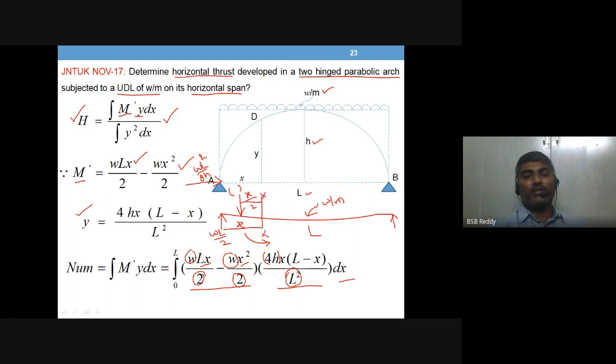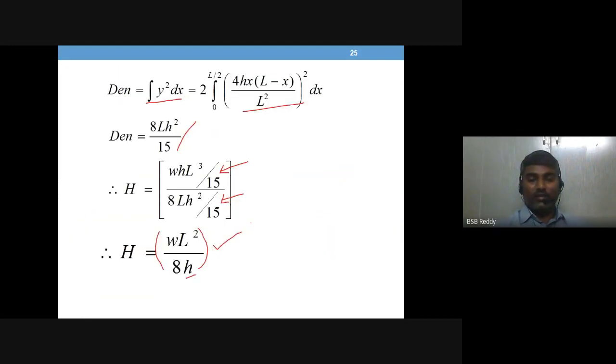Okay, so W L square by 8H, to remember it is very easy, as you have the bending moment for a similar case of a beam with the same span, same load. It is W L square by 8, the maximum moment. Okay, so this is how we evaluate a parabolic two hinged arch with UDL. It is an example, but it also appeared in the JNTUK